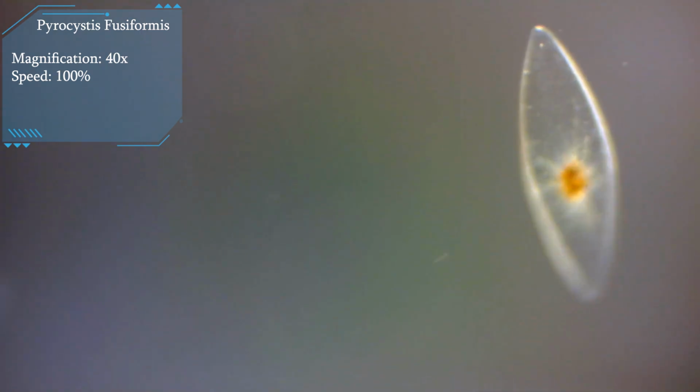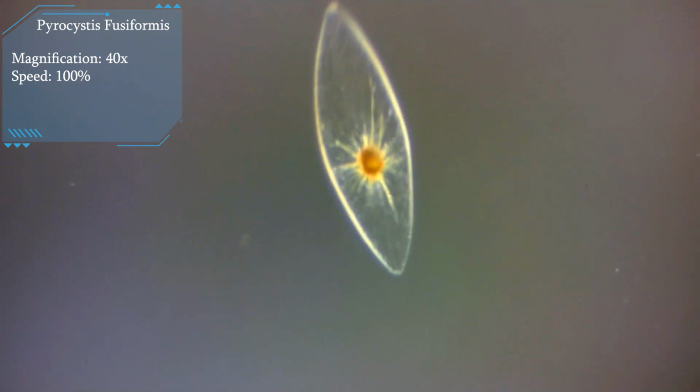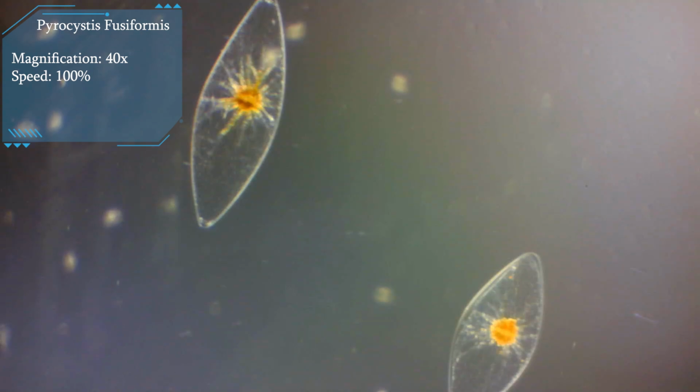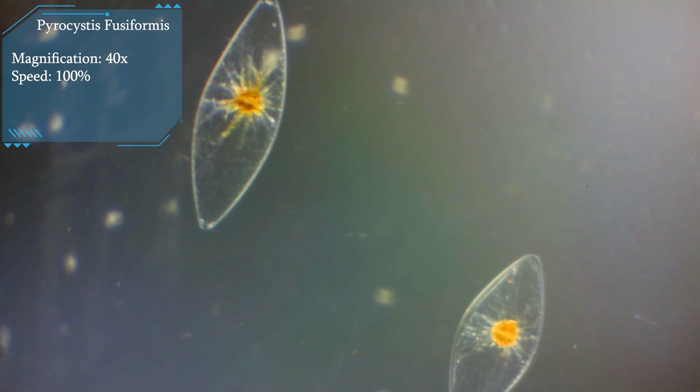I'm here to show you my Pyrocystis fusiformis, which I put under the microscope. Pyrocystis fusiformis is a bioluminescent algae which my girlfriend bought me for Christmas,